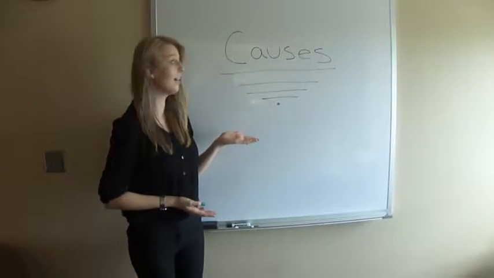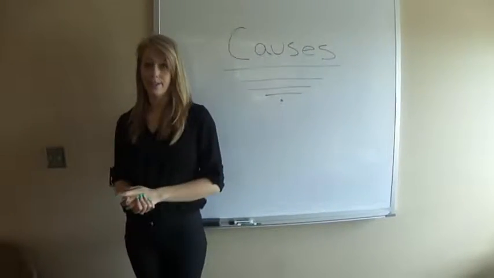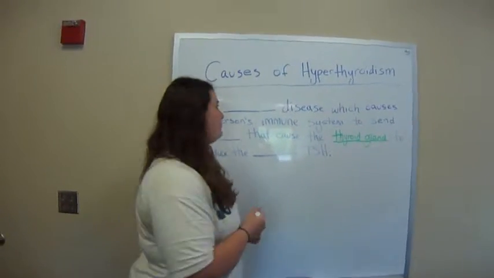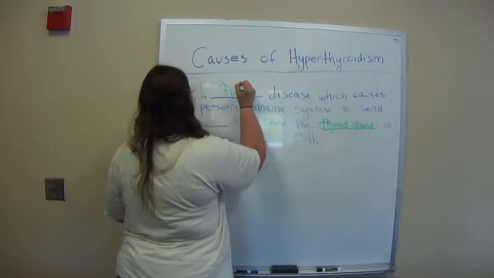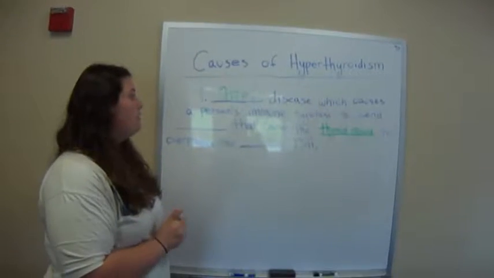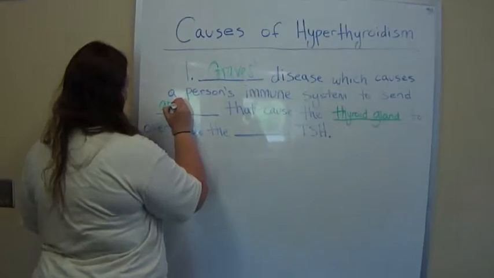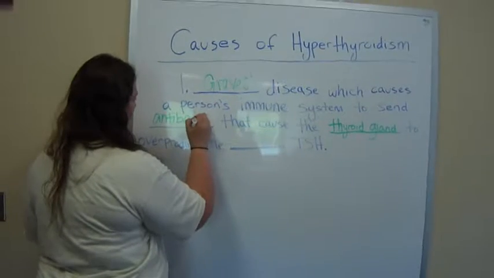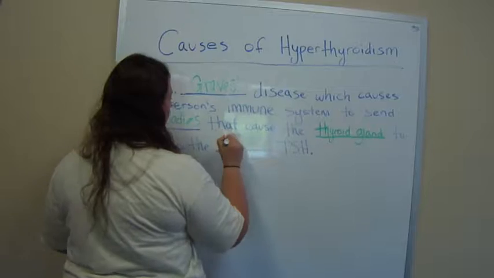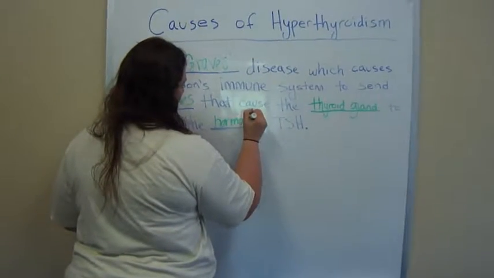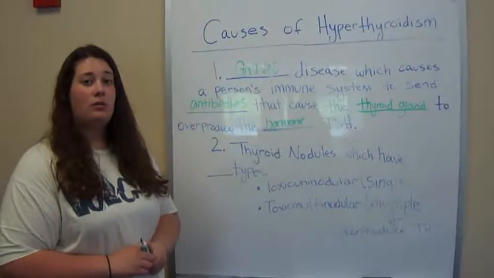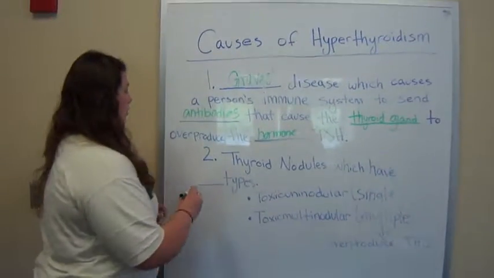Now we're going to start talking about some of the causes of hyperthyroidism with Roxanne Fay. The first cause I'm going to be talking about is Graves' disease. Graves' disease is when a person's immune system sends antibodies that cause the thyroid gland to overproduce the hormone TSH. The second and most common cause are thyroid nodules, which have two types: